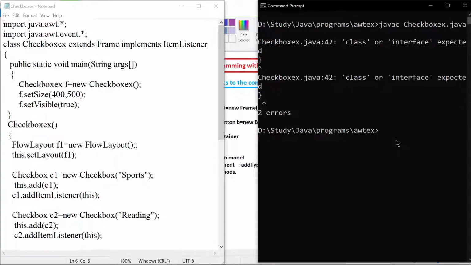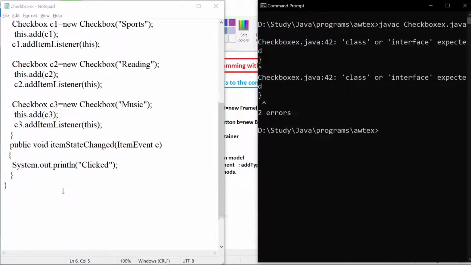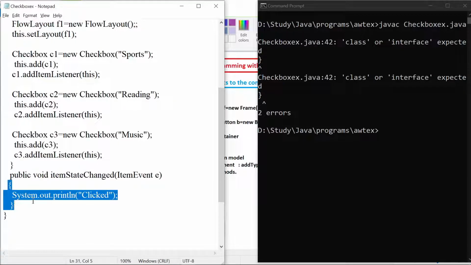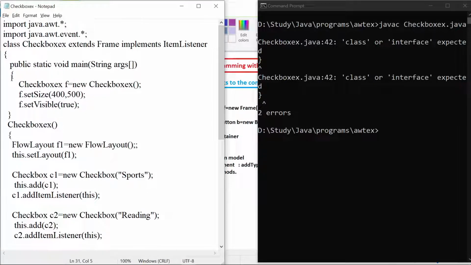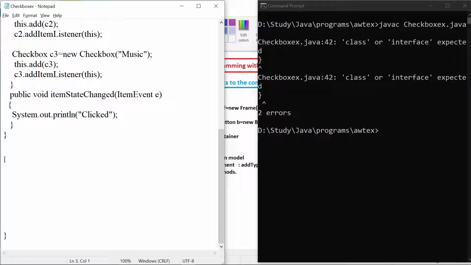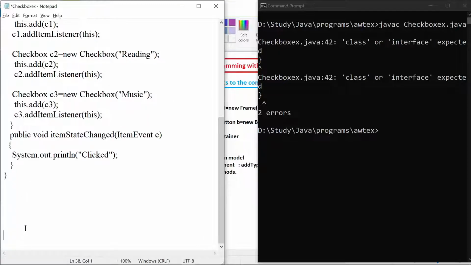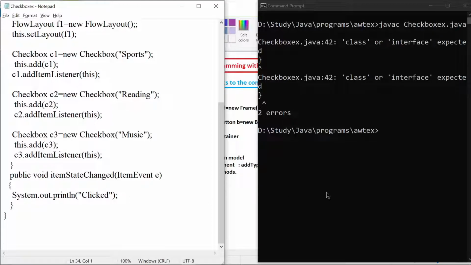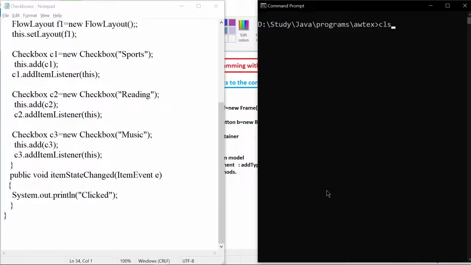Class or interface expected. Let me see. Is there any problem here? I think I have closed one more brace. Yeah. Okay, no errors.